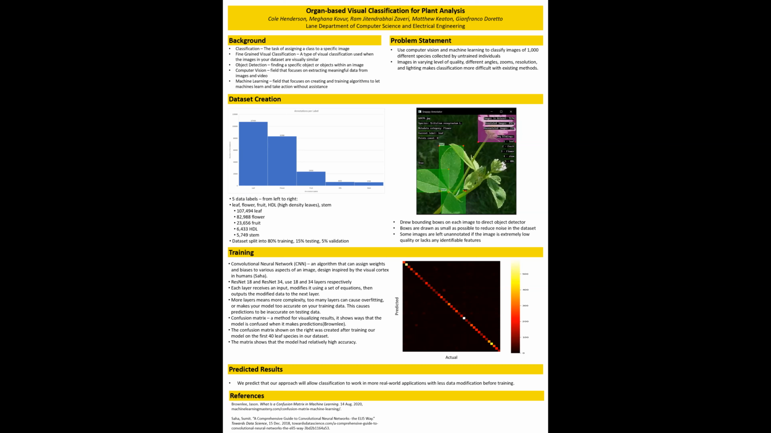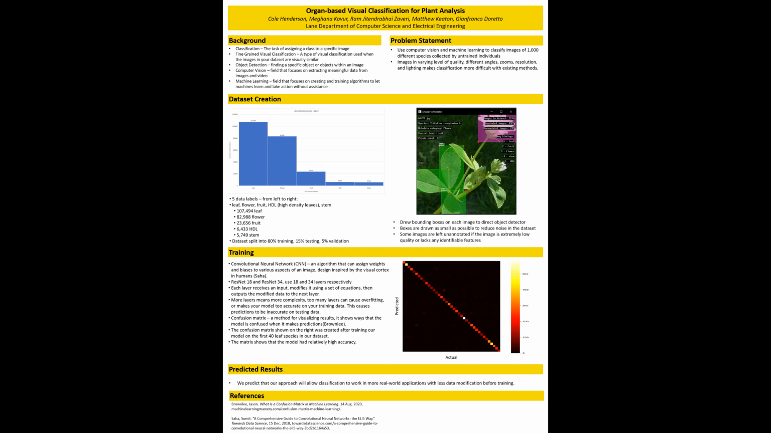Classification is the task of assigning a class to a specific image. Fine-grained visual classification is a type of visual classification that is used when the images in your dataset are visually similar. Object detection is finding a specific object or objects within an image. Computer vision is the field that focuses on extracting meaningful data from images and video. And machine learning is the field that focuses on creating and training algorithms to let machines learn and take action